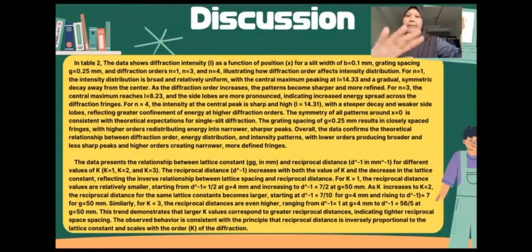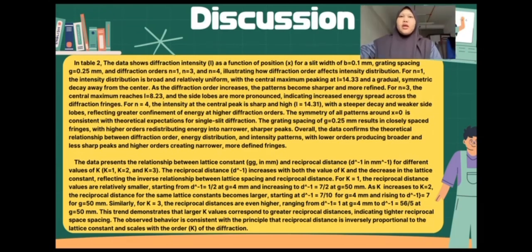In Table 2, the data show the diffraction intensity I as a function of the position x for slit width 0.1 mm, grating spacing 0.25 mm, and the diffraction orders n equals 1, n equals 3, and n equals 4, illustrating how the diffraction order affects intensity distributions. Overall, the data confirm the theoretical relationship between the diffraction order, energy distributions, and the intensity patterns, with lower orders producing broader and less sharp peaks